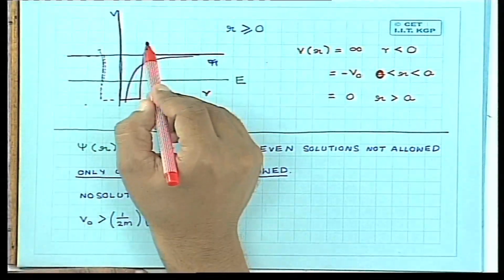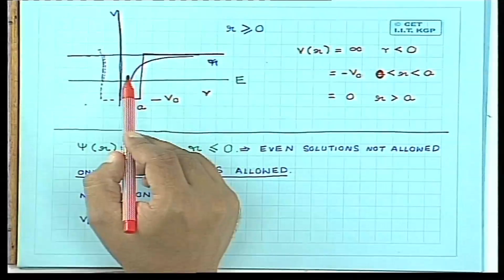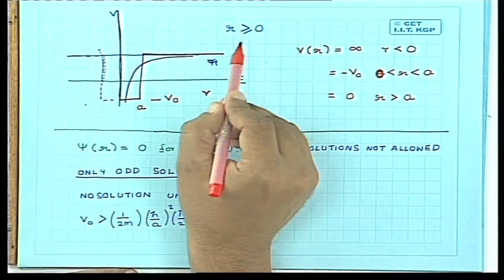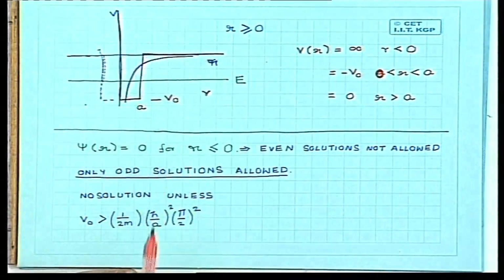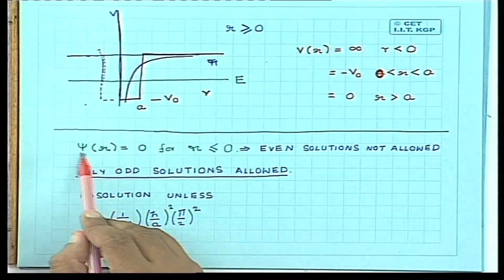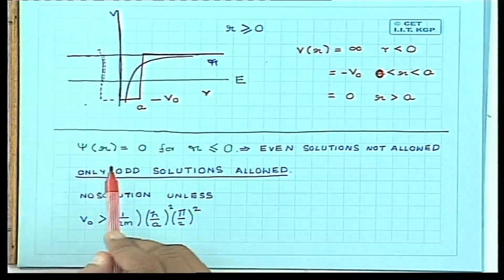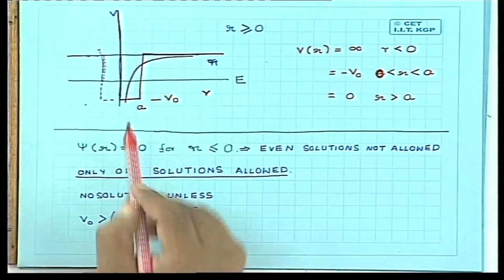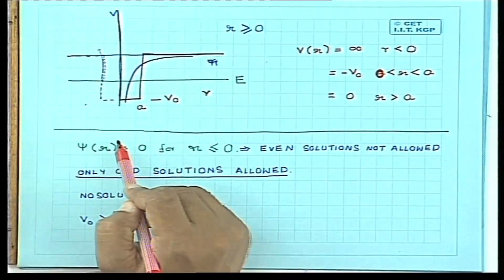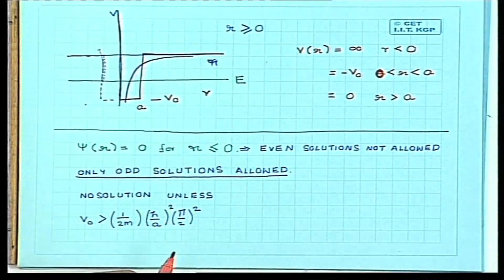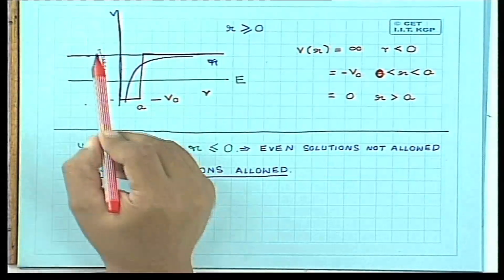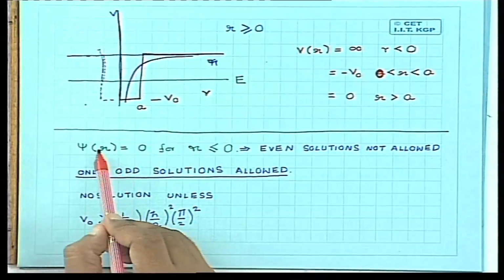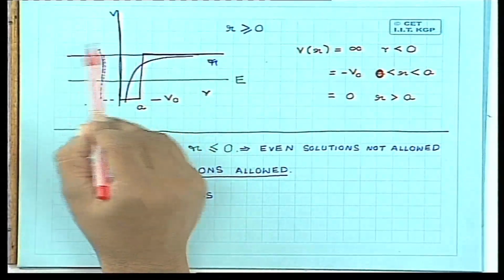For this, the basic equation for this problem is the same in this region, r greater than 0. The basic equations are exactly the same. For r less than 0, the potential has to be infinite, and for continuity of the wave function, psi has to also go to 0 at r equal to 0. So psi has to be 0 everywhere on the left hand side of the origin, and it has to also vanish at r equal to 0 because we want it to be continuous.